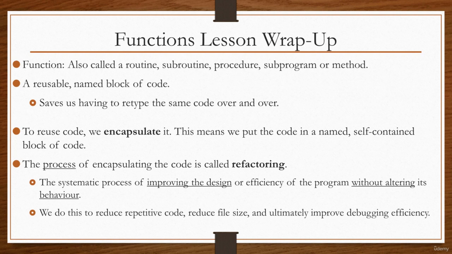A recap on encapsulation: to reuse code, we encapsulate it. This means we put the code in a named, self-contained block of code, such as a function. Now, the process of encapsulating the code is called refactoring. Refactoring is the systematic process of improving the design or efficiency of the program, that is, without altering its behavior. Again, we do this to reduce repetitive code, to reduce the file size, to have fewer lines of code,